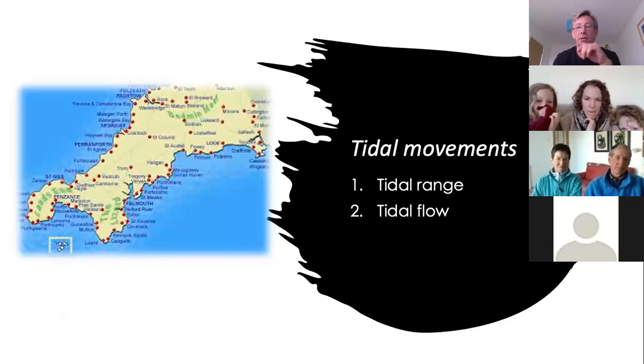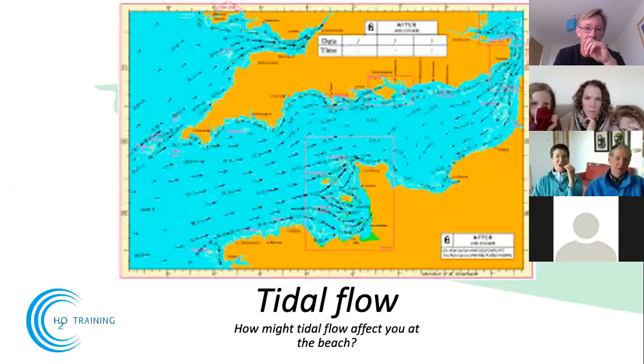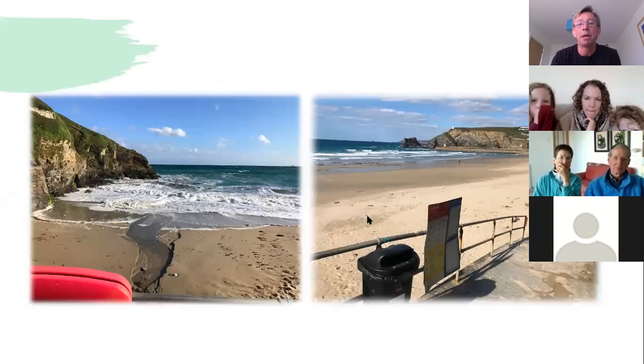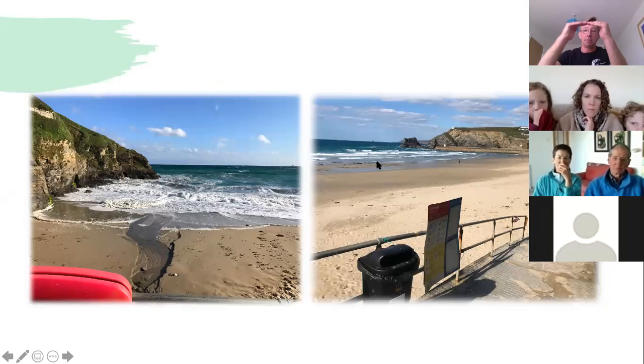And what we've been thinking about so far is tidal range. That's what I've mainly been explaining to you. The other side of it that affects us is tidal flow. So we often think, when we go to the beach, and if I go back to my other picture here, that the tide floods in and ebbs out, but actually the tide doesn't come in and go out. What happens is the water gets deeper and then it gets shallower.